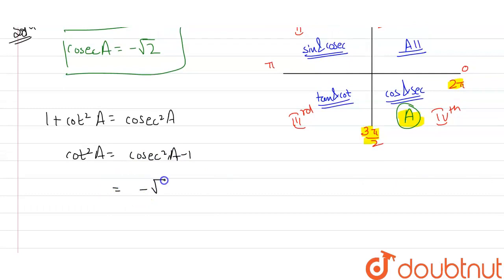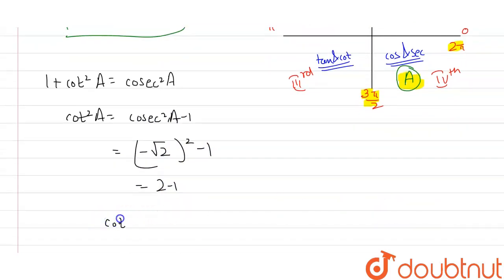This will be minus of root 2 whole square and minus of 1. This is equals to 2 minus 1. So we are going to receive the value of cot square A as 1. So from this, the cot A value